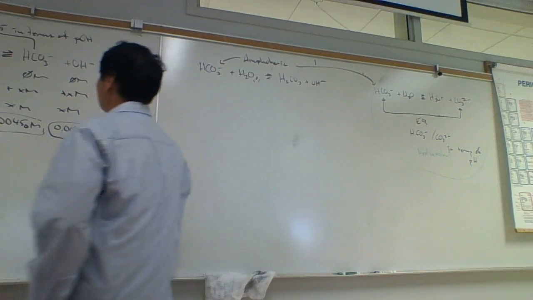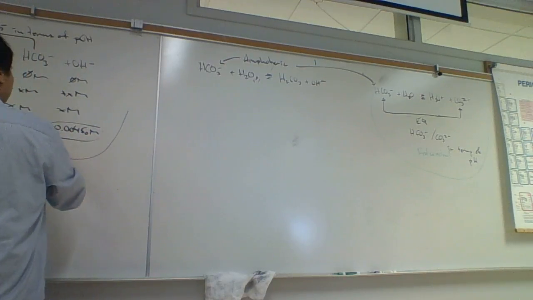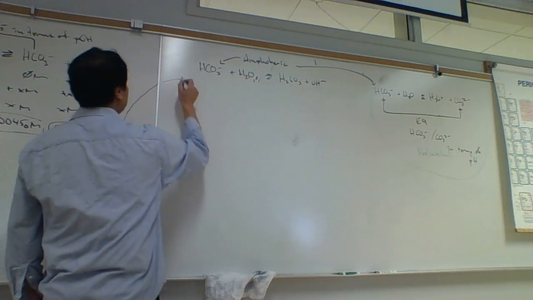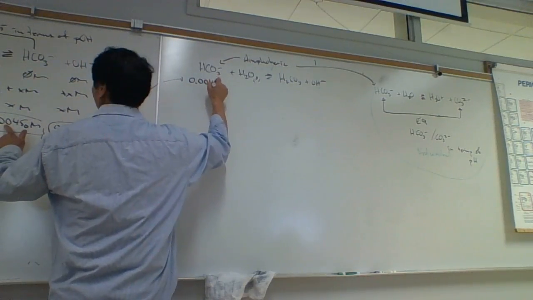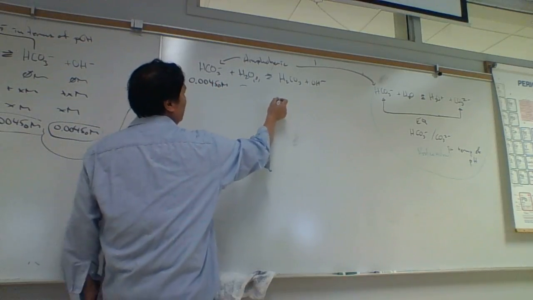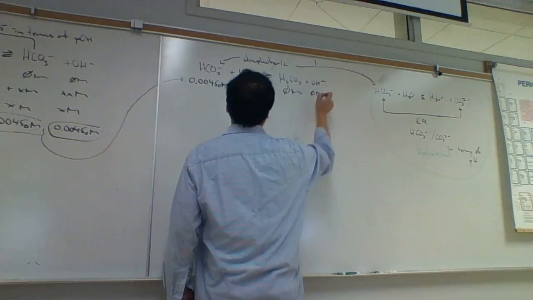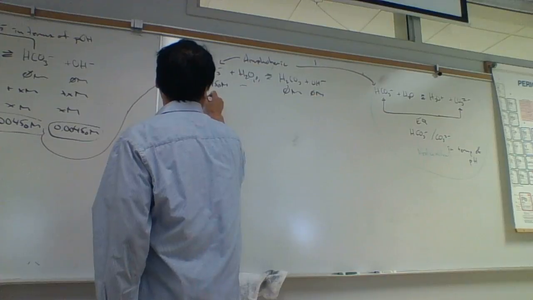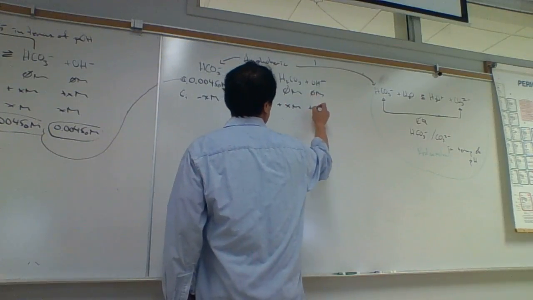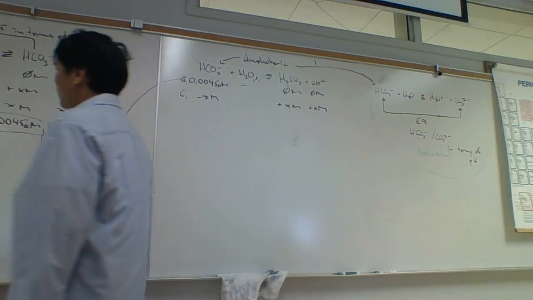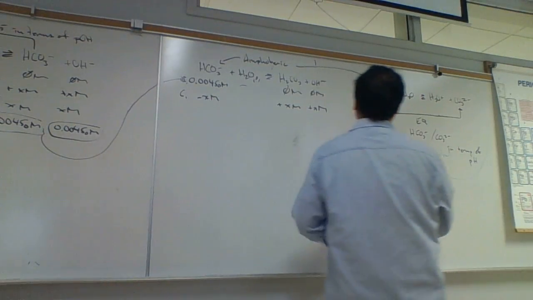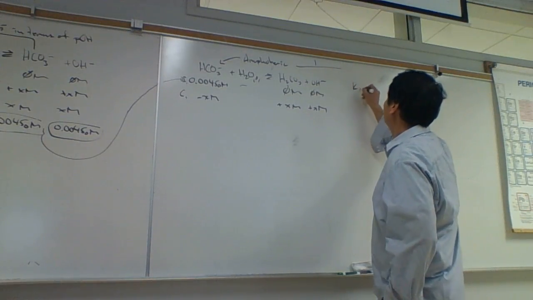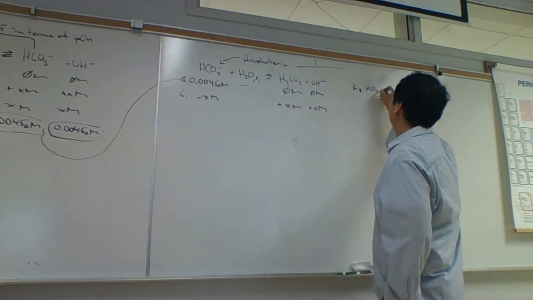And so what we say here is we've generated this species, and this species itself can produce hydroxide. So what we'll do is we'll carry it over here, and we'll get 0.0450 molar initial. And then what we're going to figure out is how much additional hydroxide this species that we just made will produce. And so here it's going to be minus X, plus X molar, etc. And we need the Kb for this species. Now the Kb for bicarbonate is going to equal